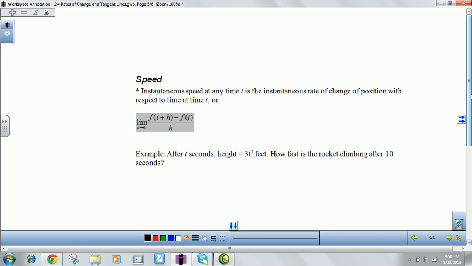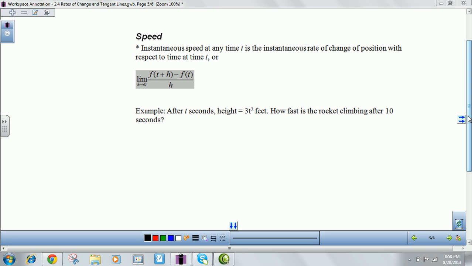This example has to do with speed, so connecting rates of change to how fast an object is moving at a specific, not time interval, but a specific moment in time. And that is instantaneous rate of change. So that is a specific moment in time. Very specific. So it's at exactly 2 seconds,